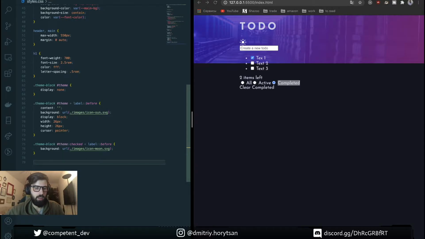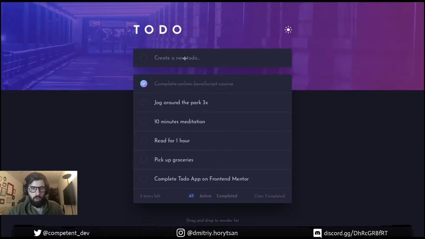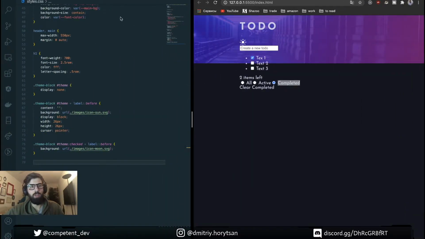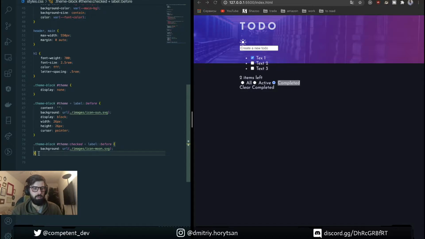Let's style our add new item. Actually, we could implement the theme switcher. For this, oh, it's better, yeah, it's better to do the styles right now, all of them, and then we just style all things.